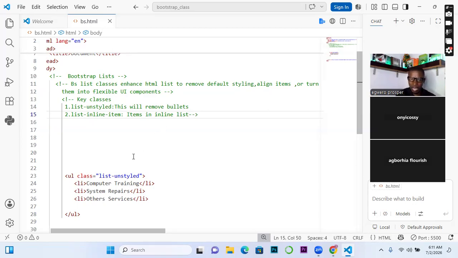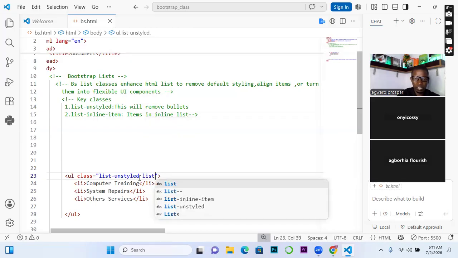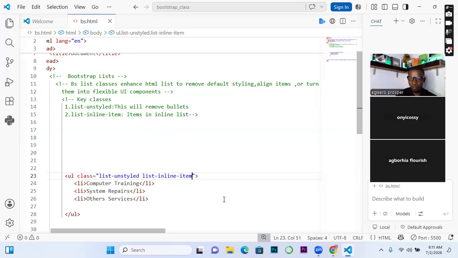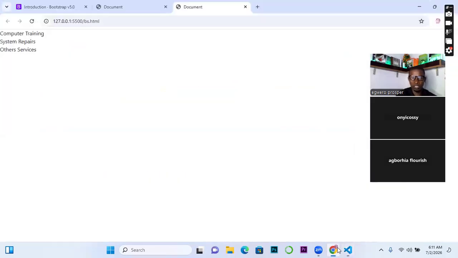So now if we add it to the elements, let's say we add it to this class. Now remember I said you can have multiple classes. Which means that I want to maintain the icon disappearing, and I also want to display it inline. So I will just add a space and then bring in this particular one, which is list-inline-item. So if I go to the front end to see the appearance,